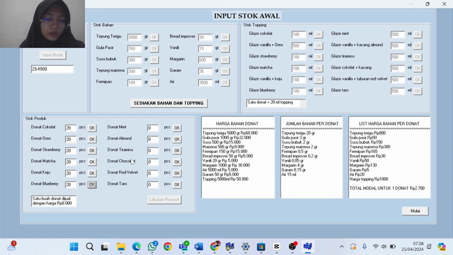If one of the donut stocks is empty, it's okay. We can just click the Start button to start selling. But I want to enter all the donuts, then click the Start button.